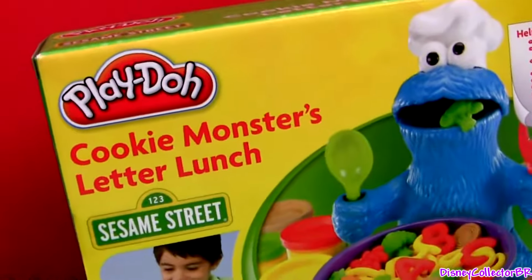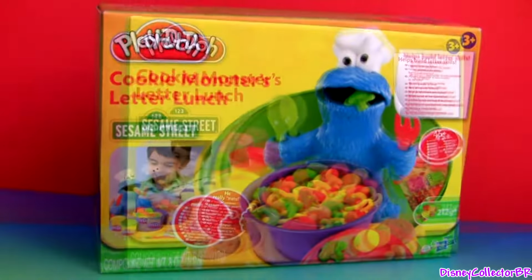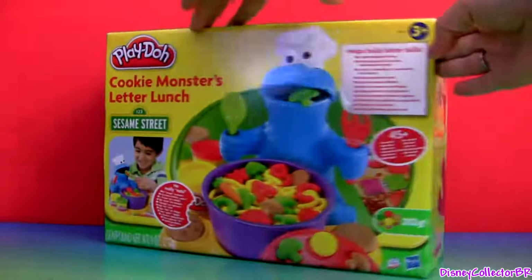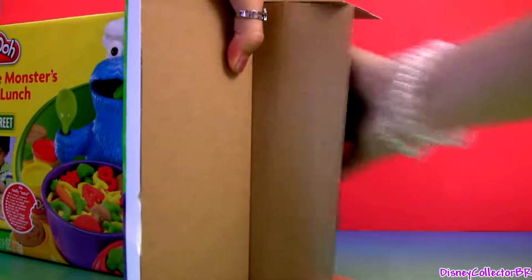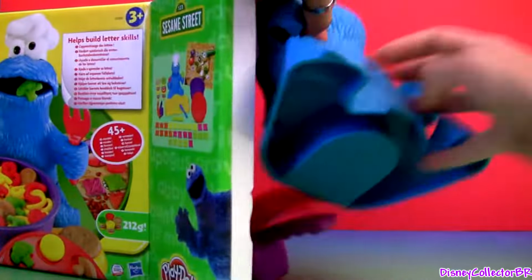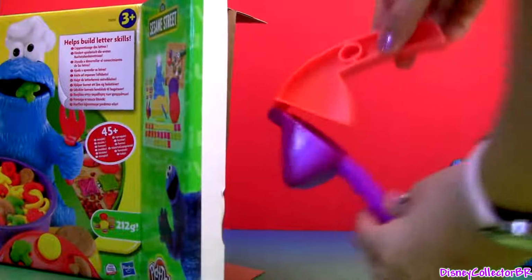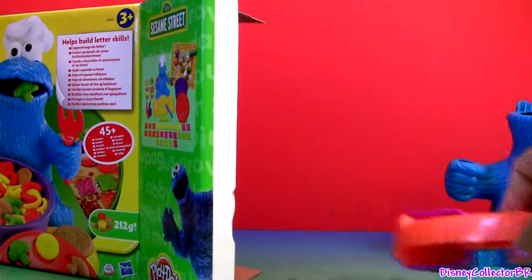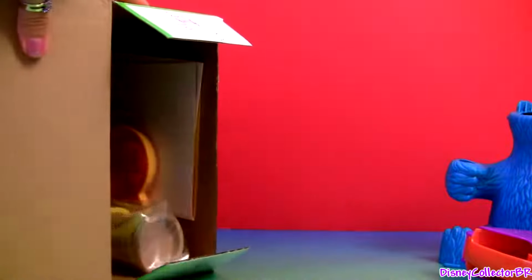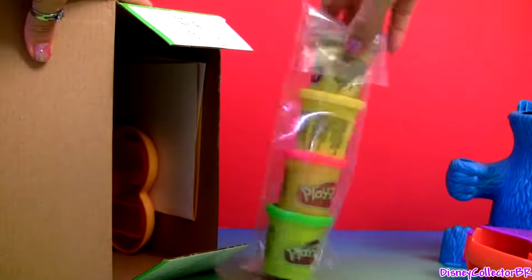It's called Cookie Monster's Letter Lunch. Let's see what we have in this box. Half of a Cookie Monster, one dough presser, four pots of dough,